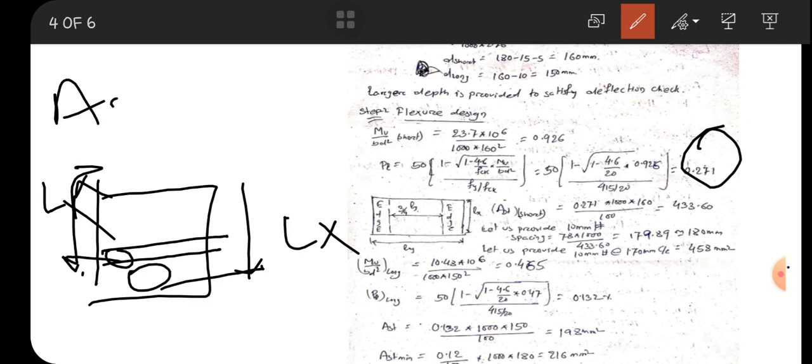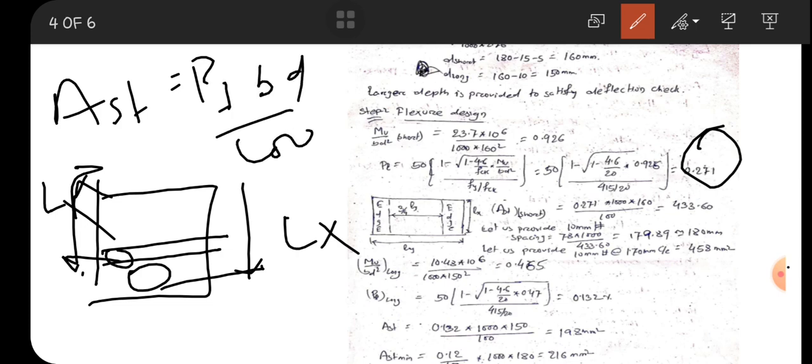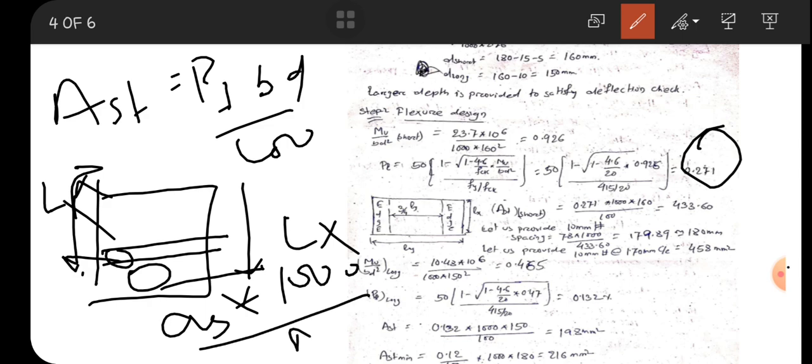Ast we can provide pt bd by 100, and our Ast is coming around 433.6. We can take it as 434, and if we assume 10 mm bar diameter, then we can calculate the spacing from area of one bar into 1000 divided by Ast required. The spacing is coming about 180 mm,